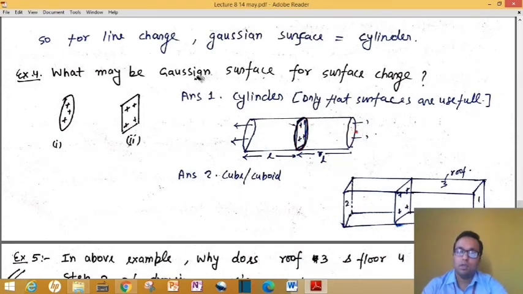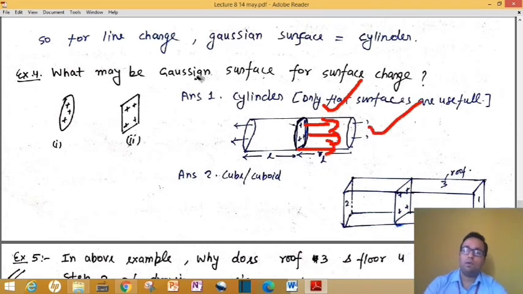Now think, here is your point P and it is at a distance L. You can consider any distance L, and you can make another circle like this. Okay, and here also you can make another circle, and you can make a symmetrical circuit like this. I mean to say, for this circular plate, your Gaussian surface will be a cylinder like this one.